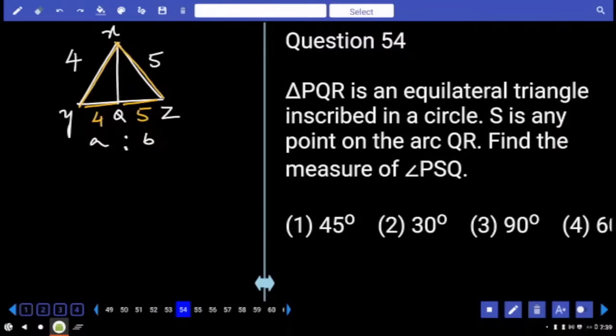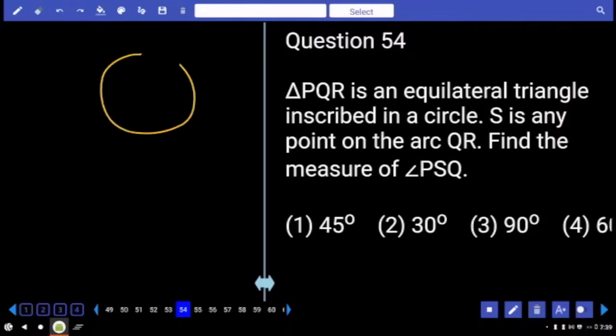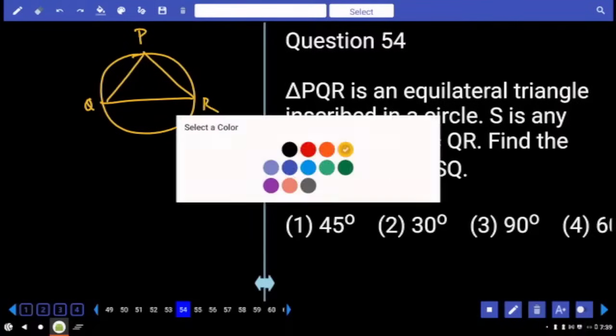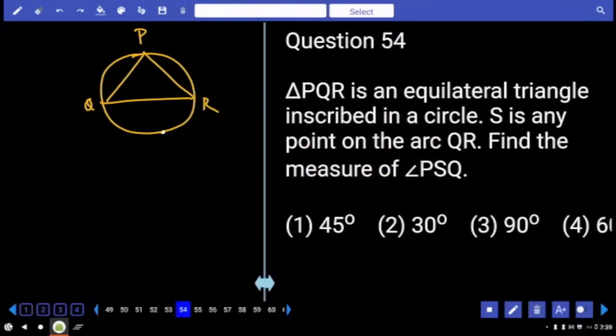So here also ratio will be 4:5. Triangle PQR is an equilateral triangle inscribed in a circle. Circle is there. PQR, an equilateral triangle, is inscribed in it. S is any point on arc QR. P, Q, R. S is a point on QR. Let me take S here. Find the measure of PSQ. We were asked to calculate